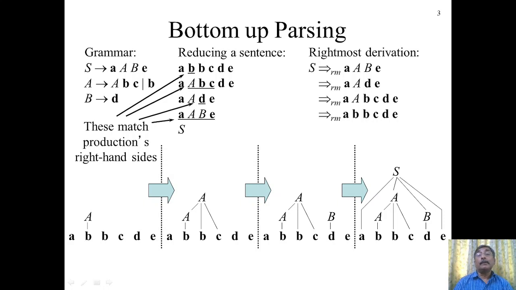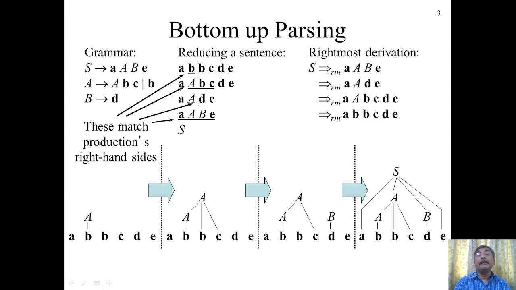Now from the last but one sentential form, I see that here also I have this small b, and I can also say that this small b appears at the right hand side of this production rule, capital A produces small b. But this is not the one which we can replace. Why? Because if I replace that, then I do not get the previous sentential form that I would have if I did it in a rightmost manner. So what I have to do is I have to